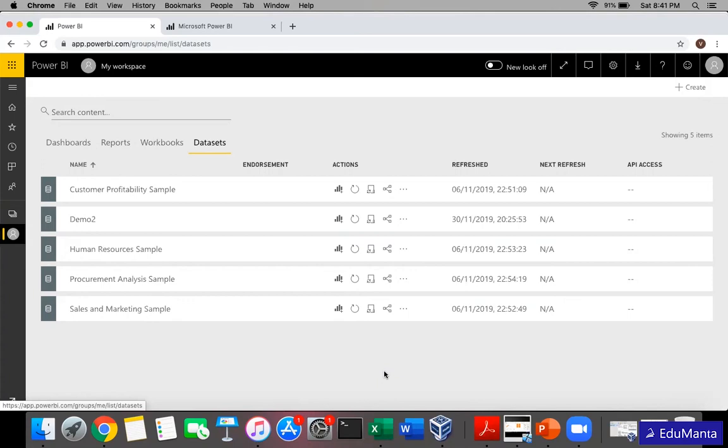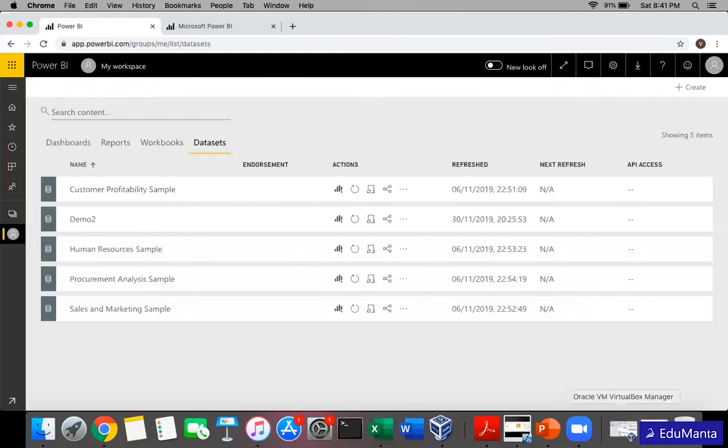So you can just say, okay, I want it at 2 p.m., 4 p.m., 6 p.m., and so on, or maybe once a day, maybe once a week. You can define the refresh frequency, and that will go on automatically refreshing your data. If you don't have a gateway, the connection between this desktop and the on premises will not occur. But if you have something like website data only, that is a cloud data source, or SharePoint data, which is again on cloud, this kind of data you don't even need a gateway. Then you can directly refresh it.